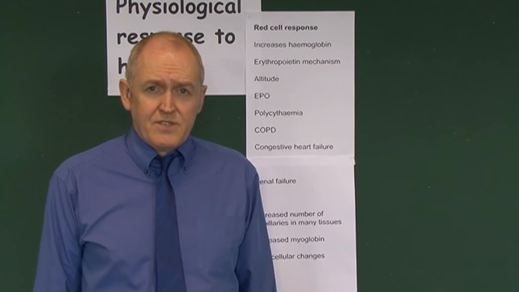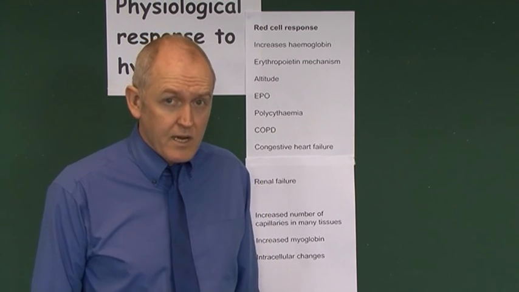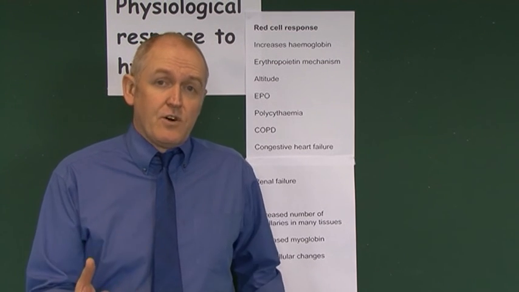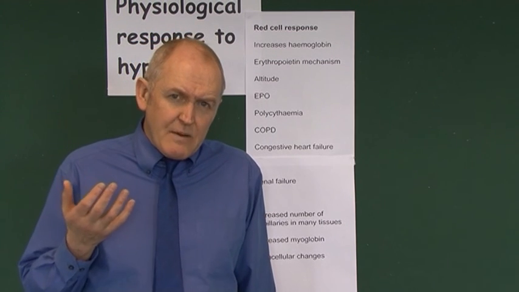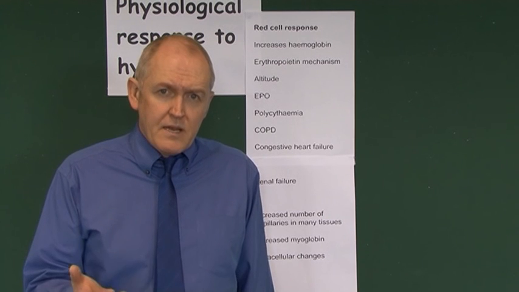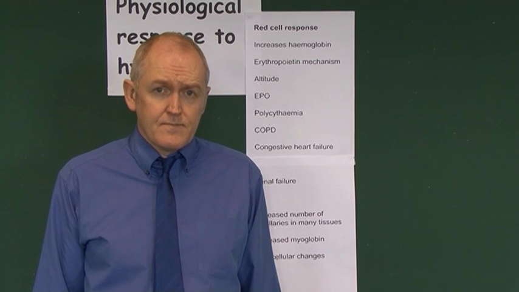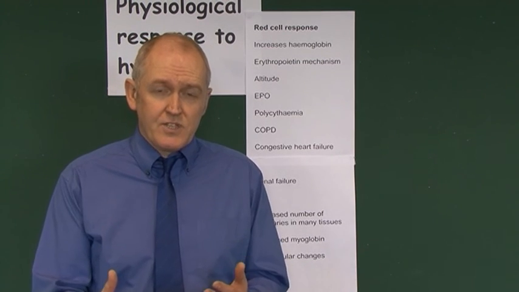And patients who are adapted can tolerate remarkably low levels of oxygen saturations in the blood, partial pressures of oxygen in the blood. And the reason they're able to tolerate this is probably primarily due to intracellular changes within the cells themselves. So the body's responses to hypoxia,